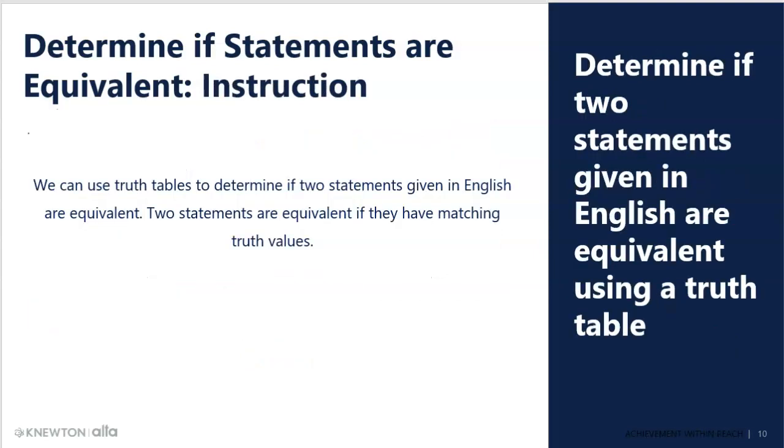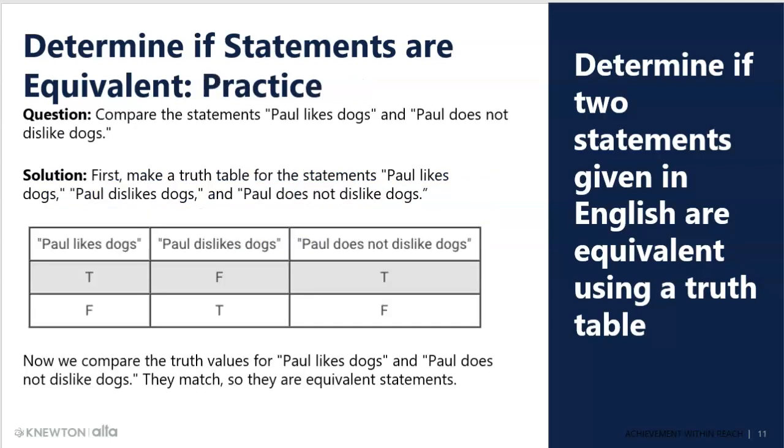So now we're going to start with statements given in English. The question is, compare the statement, Paul likes dogs, with Paul does not dislike dogs. Remember that old double negative? I'm not going to do this means I am going to do this. So first you make a truth table for Paul likes dogs. So statement P is Paul likes dogs. Paul does not dislike dogs